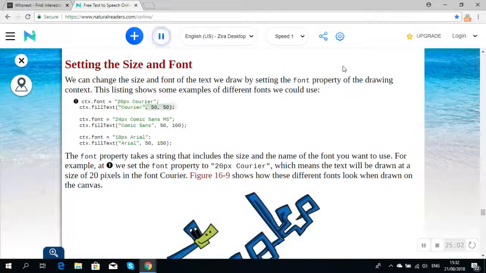ctx.fillText("Courier", 50, 50); ctx.font = "24px Comic Sans MS"; ctx.fillText("Comic Sans", 50, 100); ctx.font = "18px Arial";